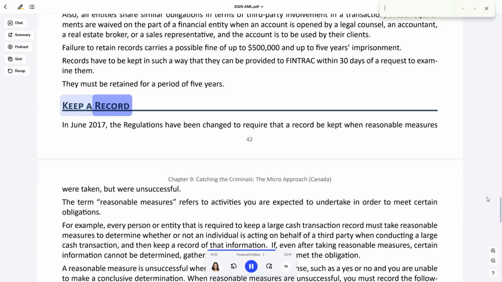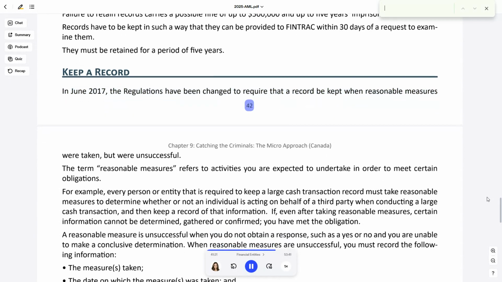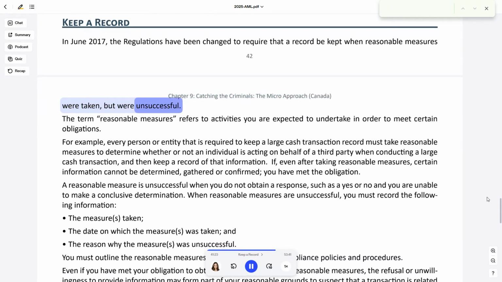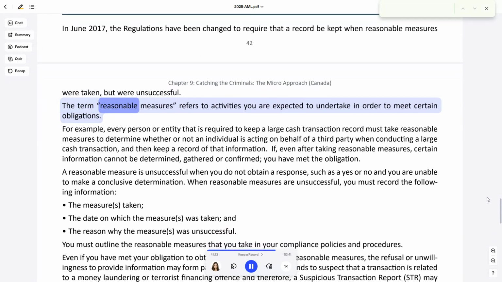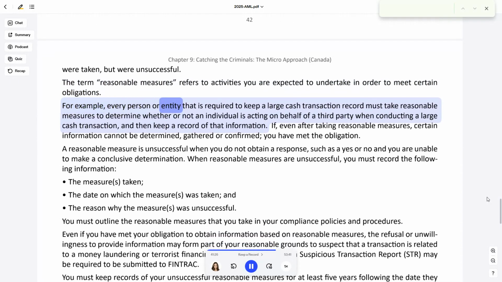Keep a record. In June 2017, the regulations were changed to require that a record be kept when reasonable measures were taken but were unsuccessful. The term reasonable measures refers to activities you are expected to undertake in order to meet certain obligations. For example, every person or entity that is required to keep a large cash transaction record must take reasonable measures